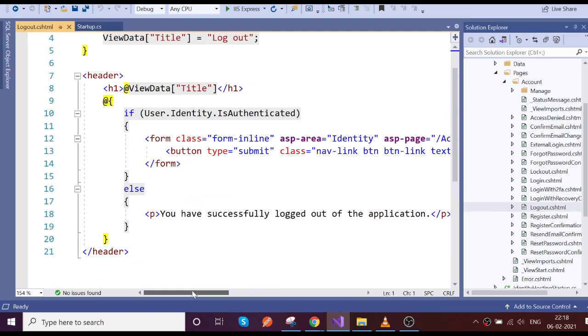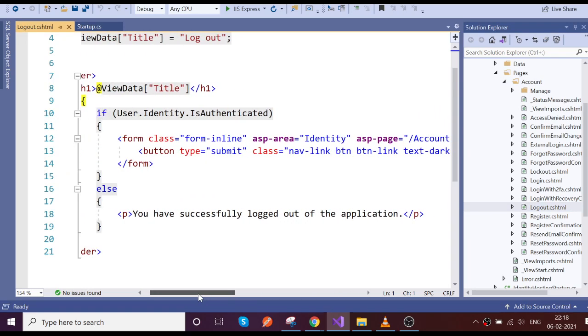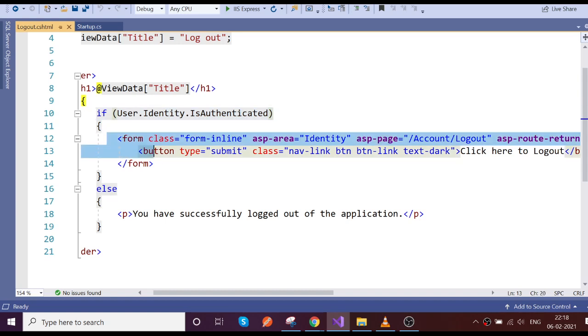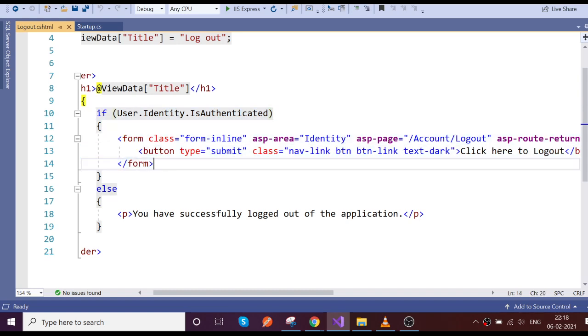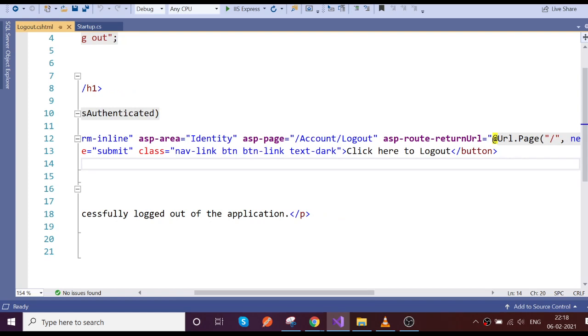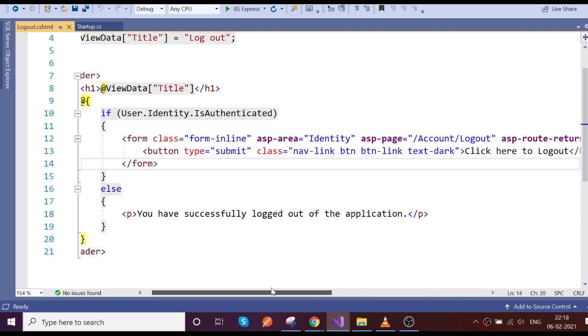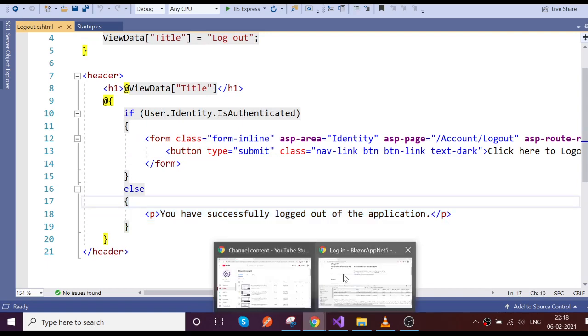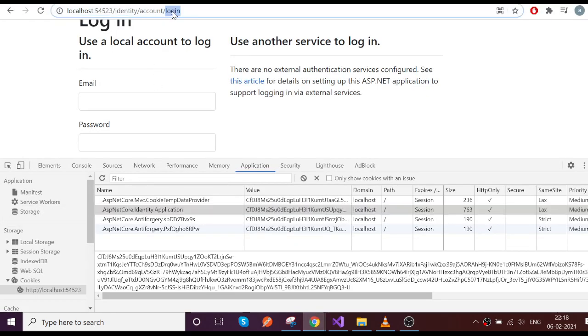Whenever we call this function, if the user is authenticated, then it submits the form button and shows you "click here to log out". If it is logged out, then it throws a message saying successfully logged out. Let's go and try to access that page.